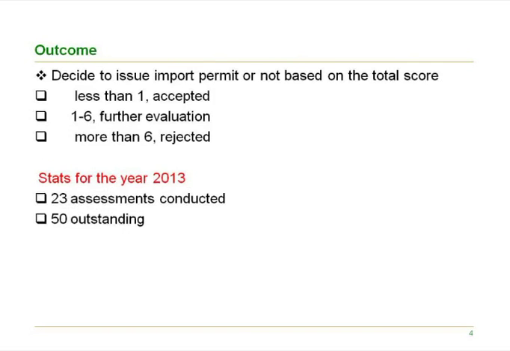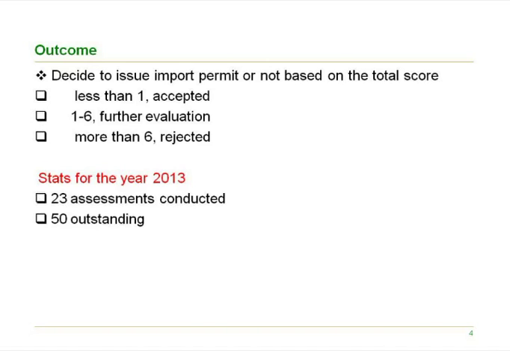At the end, we have to make a decision whether to grant a permit or not. That decision is advised by the total score that the species would have attained. If it has scored less than 1, it means that the species has less potential of becoming invasive, and therefore it is accepted for further assessment, because weed risk assessment is just a starting point in the PRA area. So the ones that have scored less than 1 will be subjected to risk assessment in terms